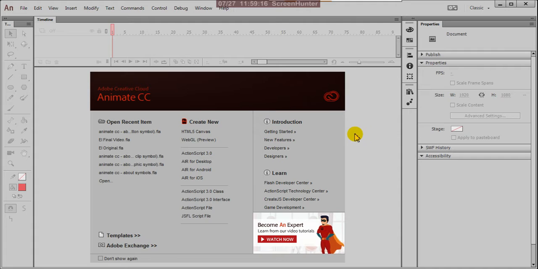Hi, today I'll explain another assignment in Animate CC. In the previous class we already finished the run, walk cycle and progressive walk, and we added the background also. Let us check now about run.